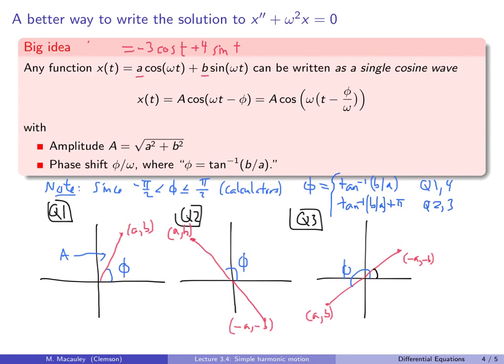So this is an example, and let's write this as a single cosine wave. So in that case, this is equal to something like this, where a,